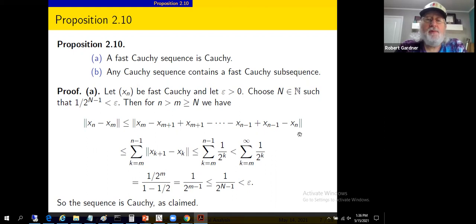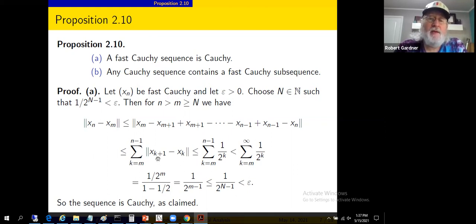Finite sum of vectors. Let's use a triangle inequality on it. All right, so we're going to break this up over the pairs. We've got an x sub m minus x sub m plus 1, plus x sub m plus 1 minus x sub m plus 2. Break this up using the triangle inequality. It's written with the larger index on the left. I mean, it doesn't matter. Of course, that'll absorb negative signs. And this, with the triangle inequality, is less than or equal to a sum from k equals m to n minus 1 of this. We want to look at consecutive terms because we've made an assumption of fast Cauchy.